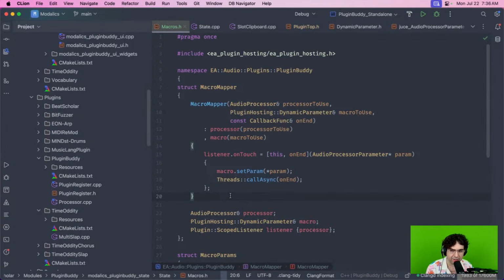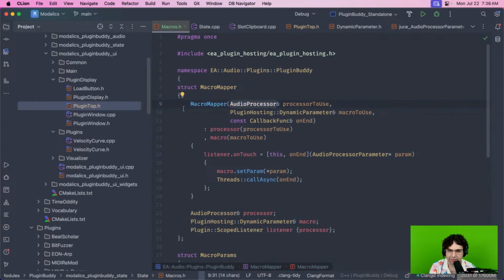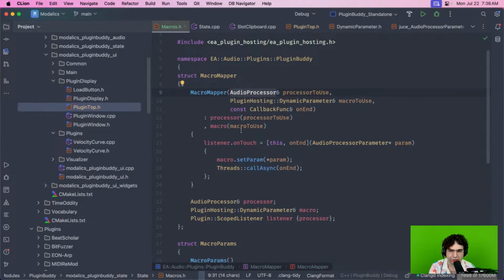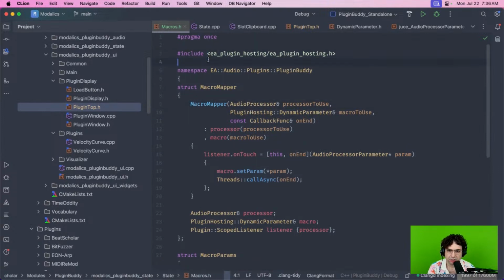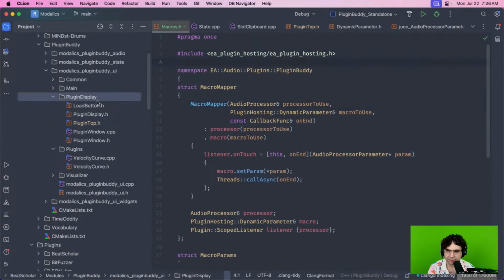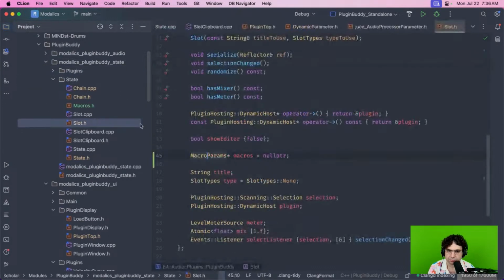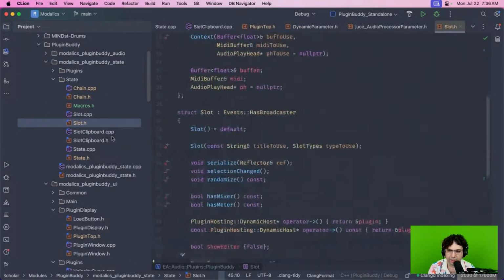So this is going to be a challenge. But let's start with a single slot. That's going to make it, I guess, easier. What that means is I'm going to need some forward declaration here, because there's a bit of circular dependency that would happen between the slot and the macros, and the macros and the slots. So what I would need is, let's go to my state. Slot. I would need something like